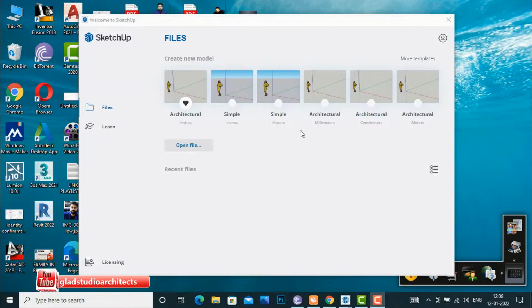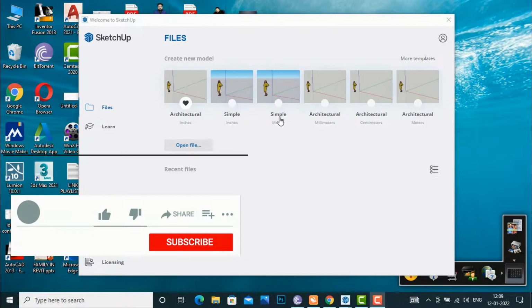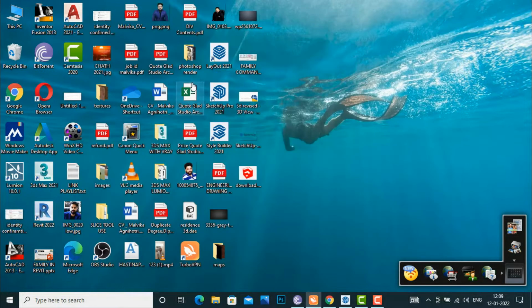These are templates or viewports, and if you want to work in architectural inches, you can select this. If you want to work in simple inches, you will select this default template. You are required to click this heart shape, and after that you can open this. If you want to work in simple meters, you will select this architectural millimeters. You can select this one. So suppose I am going to select this architectural inches, and I am going to open